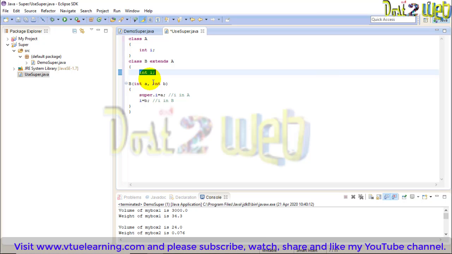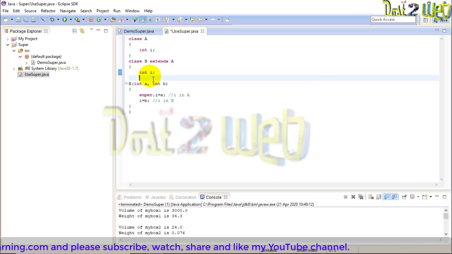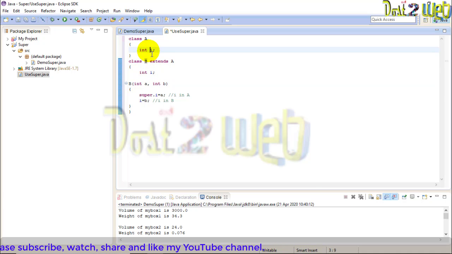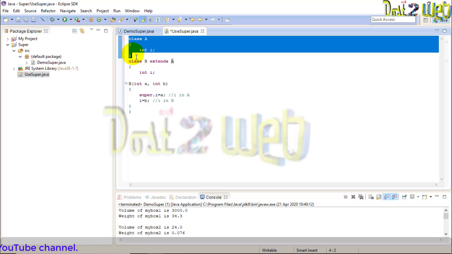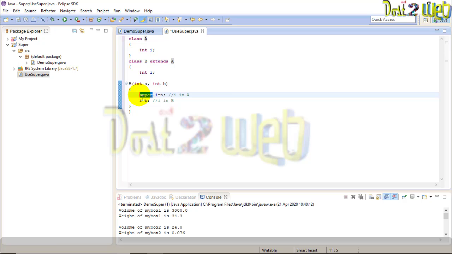It will not come, because this i is only for class B, and this i is only for class A. Now I want to access the data member in class A. So how to access it? That is the question here. So we know a keyword called super.